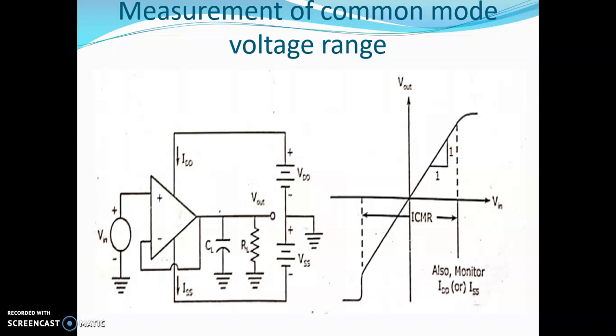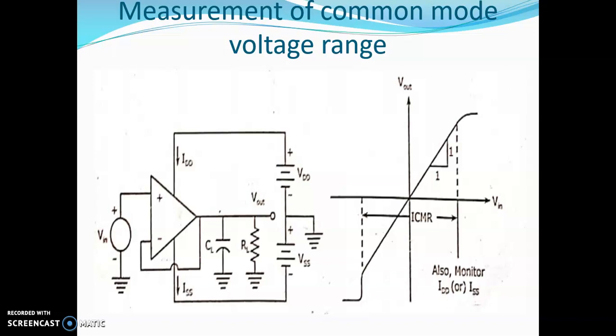Here we will be using the common mode voltage range for input and output with a unity gain configuration. This area is called the input common mode range. By this circuit you can measure the common mode voltage for the input and output of an op amp. We can use this method to calculate in open loop modes as well as closed loop modes, but basically op amps operate in closed loop configurations.